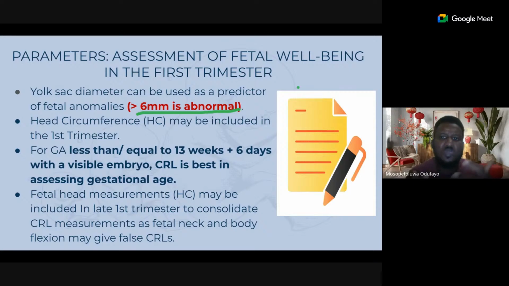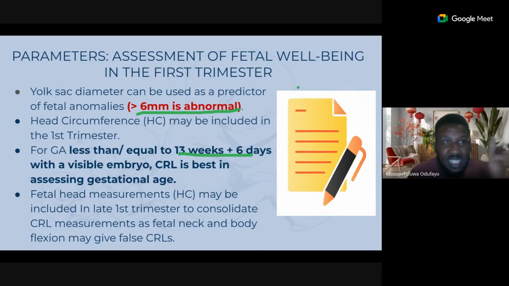Sometimes some attitudes might not favor the best measurements of the CRL. So you have to add things like the head circumference to it. Sometimes you need to add the BPD. So for a GA less than 13 weeks 6 days with a visible embryo, the CRL is the best for assessing gestational age. If it's less than 13 weeks and 6 days, the CRL is the best. However, take note of that period when I said you can begin to add the head circumference, because at a point it gets a little bit